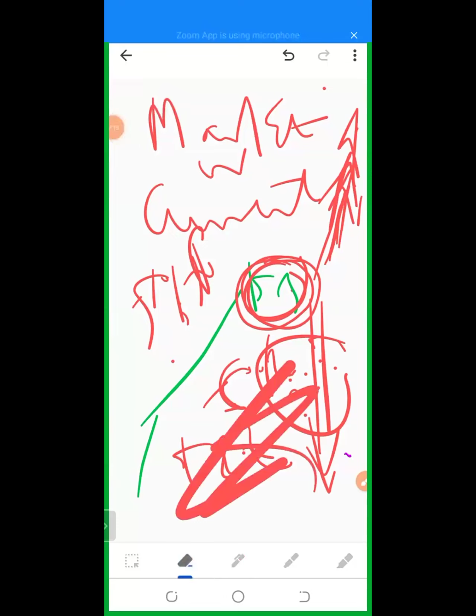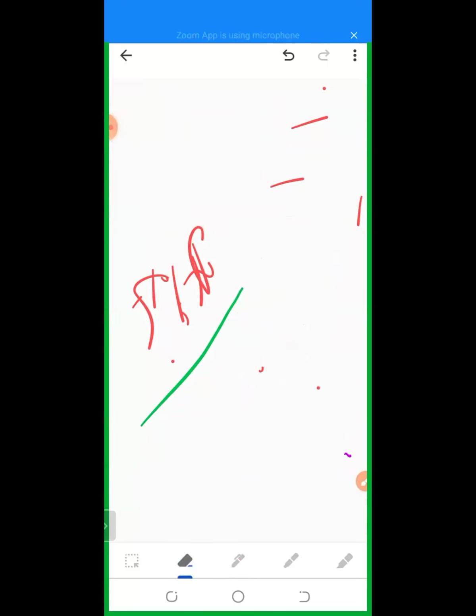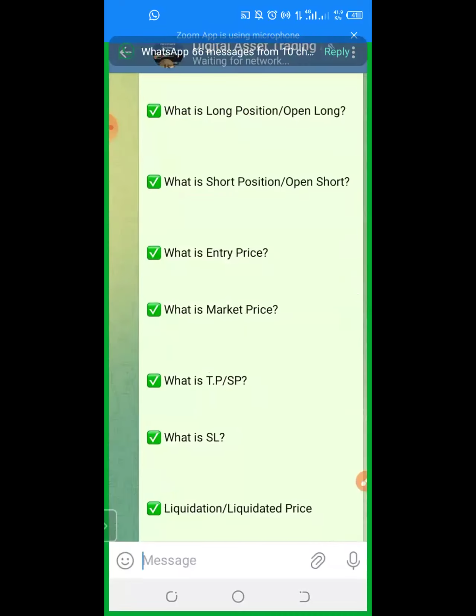The next point is I want to talk about P&L. So the next is what is take profit and stop loss. Now, TP, still using that same example,